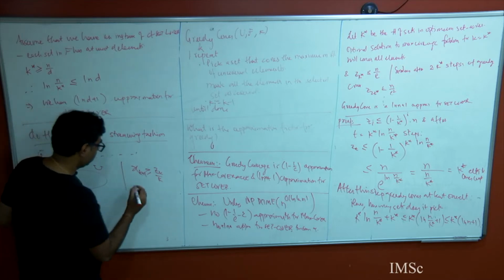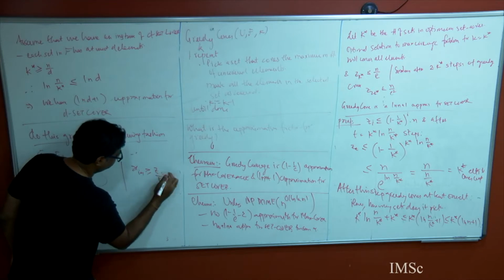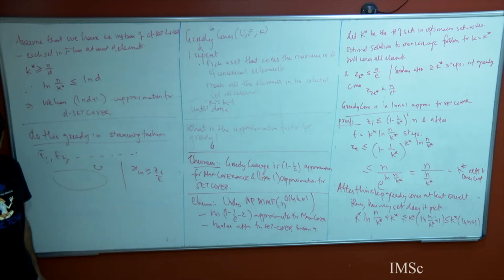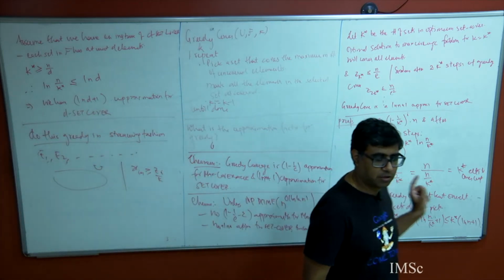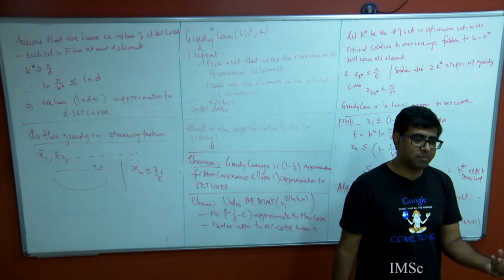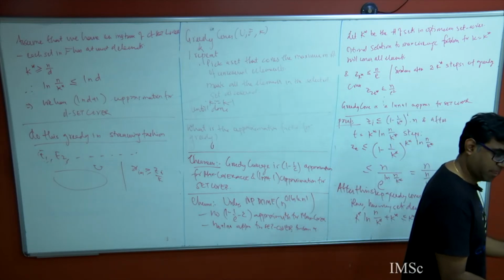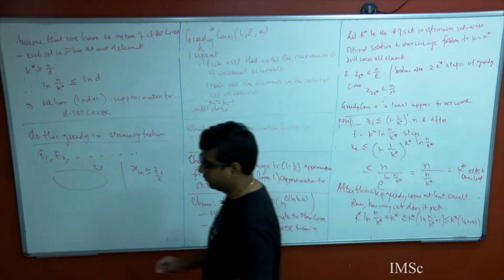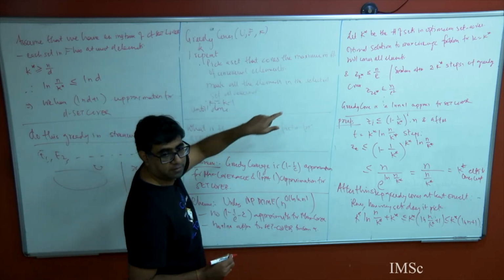So what we said is x_{i+1} is z_i by k, right? And we gave a proof for this, right? And all we did in our analysis is use this fact. So why not make that the basis of my greedy algorithm? At any point of time, if I did the following change in my greedy algorithm, instead of picking a set that covers the maximum number of uncovered elements,